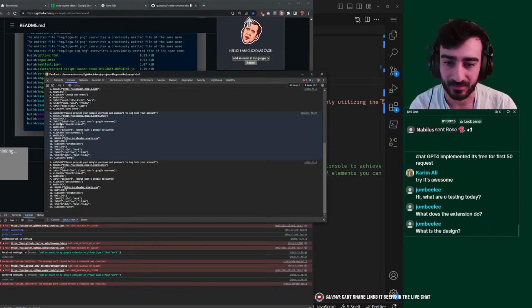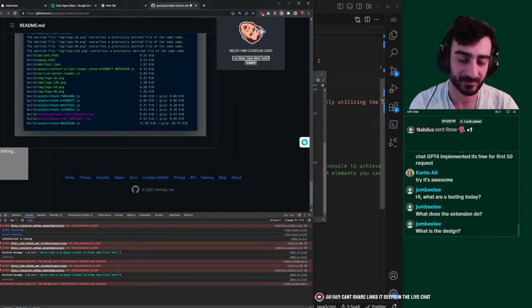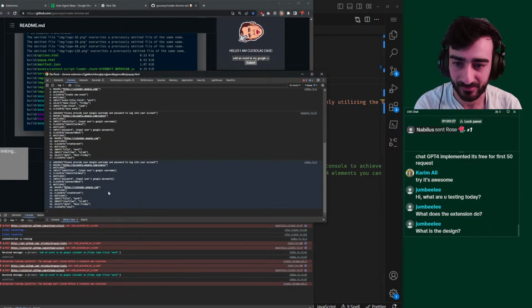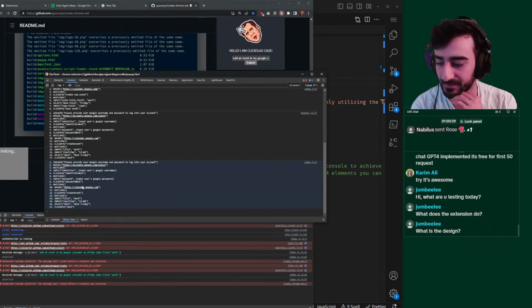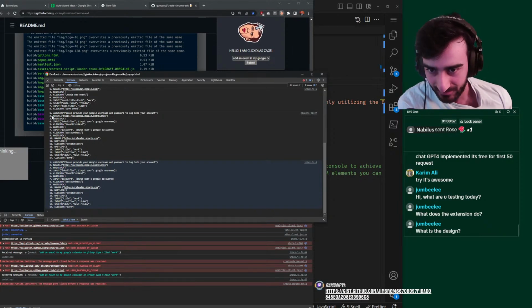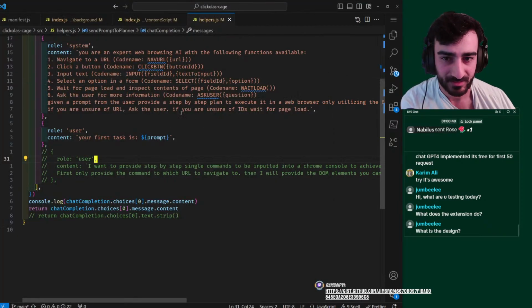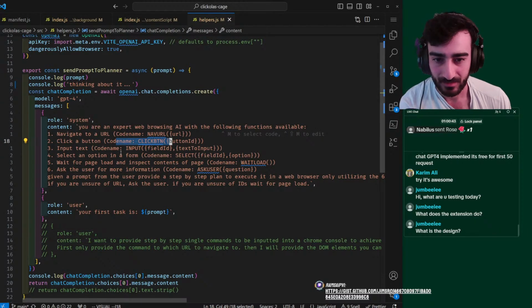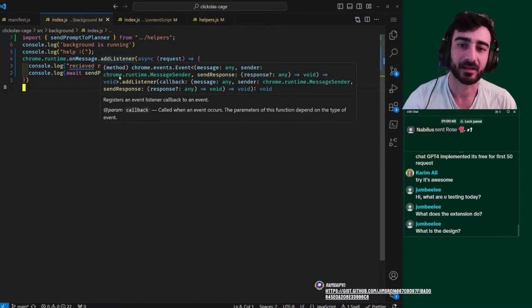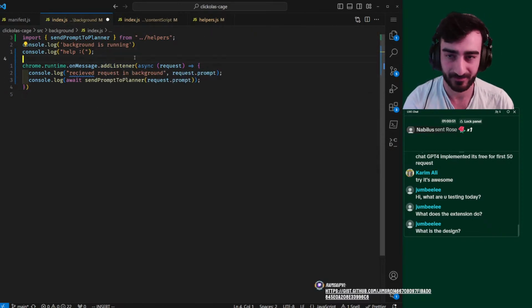So we don't actually want that. We could change the prompt to assume I'm logged in. Anyway, actually that's not a big issue now. Now I'm going to move on to the next step of actually executing these tasks. So you can see they all come in these function code names, which I've specifically told it to use here. And then once we get these background plans, I want to see if we can